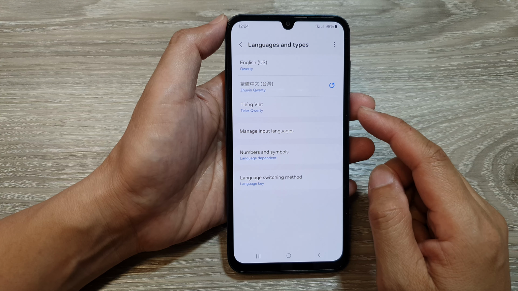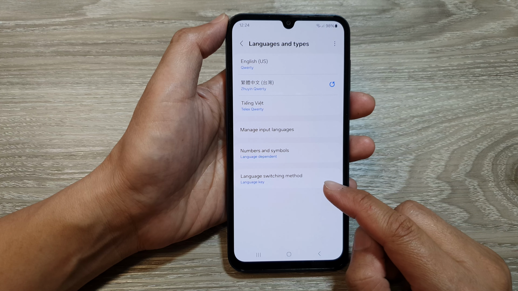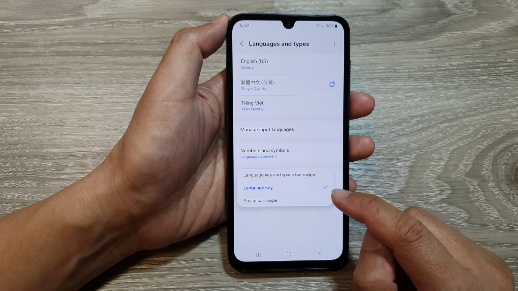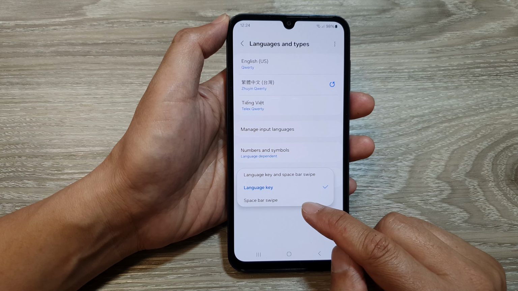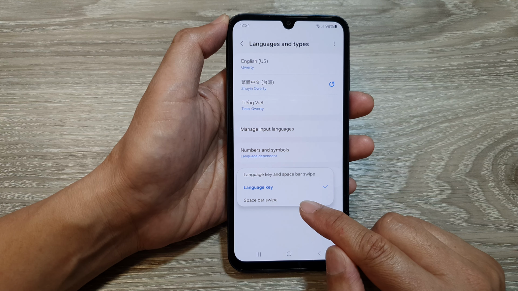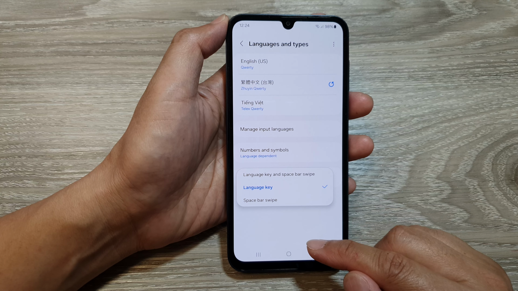How to set Samsung keyboard language switching method to language key or spacebar swipe or both on the Samsung Galaxy